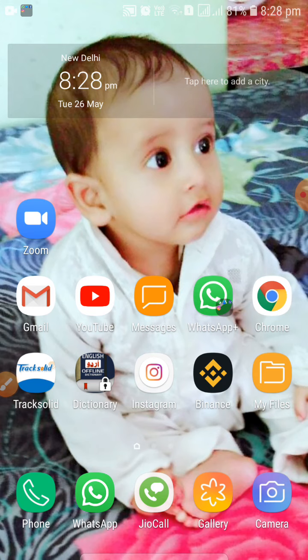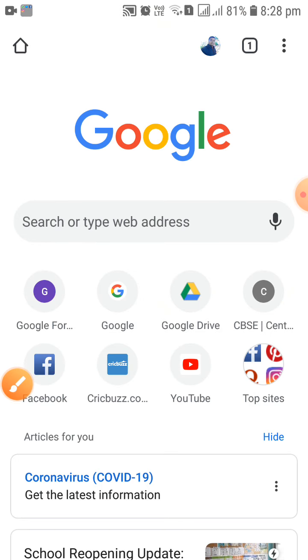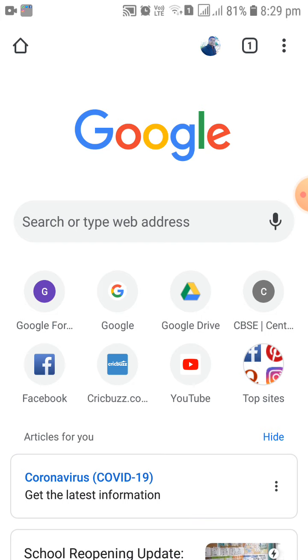So what you have to do, first of all, you'll have to open your Google Chrome. You can see over here this one. Let me show you with my brush, this Google Chrome. So now I'm going to click on this Google Chrome option. You must have installed this app on your mobile. Now you can see over here there is a Google sign also, so you will have to click on that particular thing. You can see over here Google one. So I'm clicking on that Google.